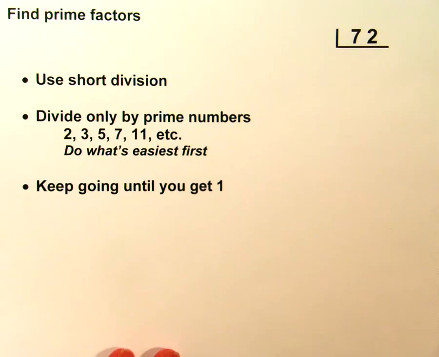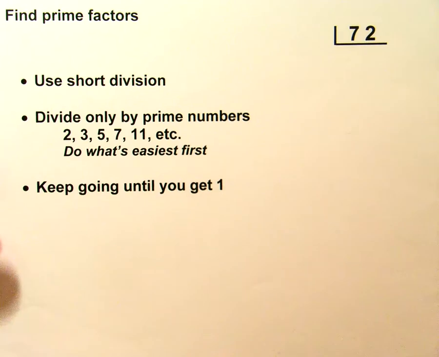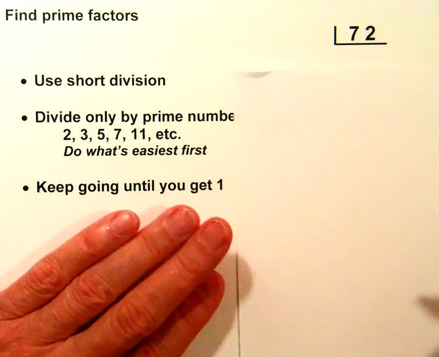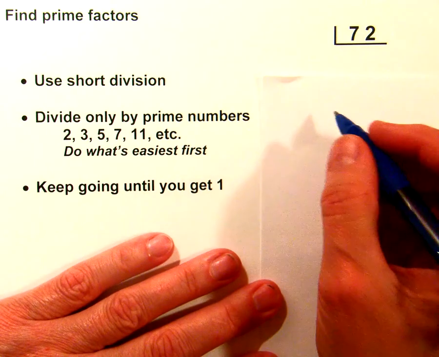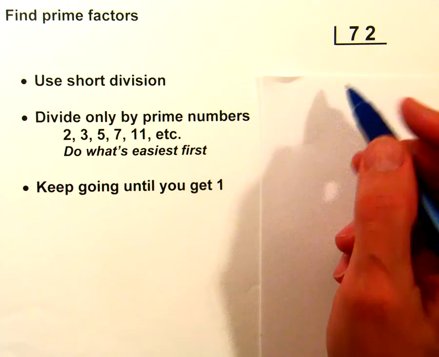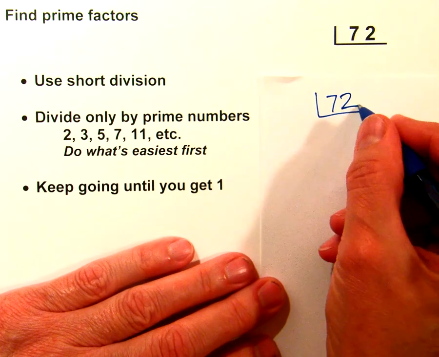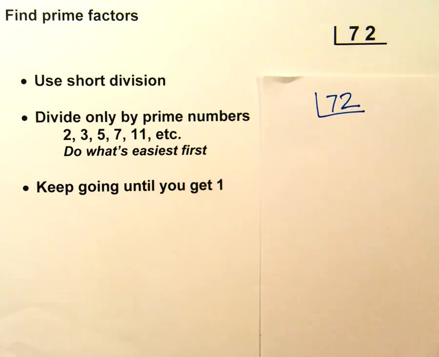Okay, pause it and then get back to me and we'll write it down. Here's how we go. We're going to find the prime factors of 72 by using short division. Since we want prime numbers only, we only want the prime factors, we'll only divide